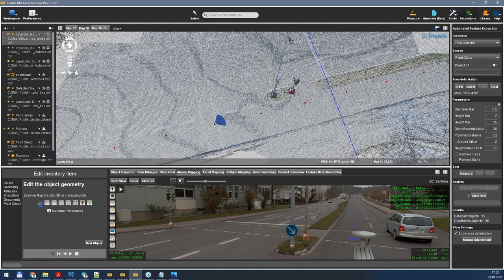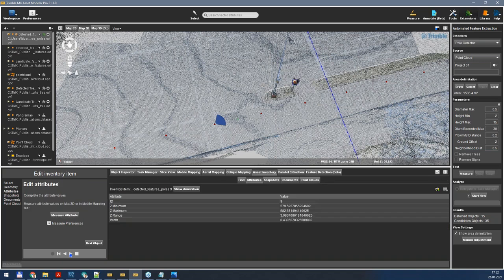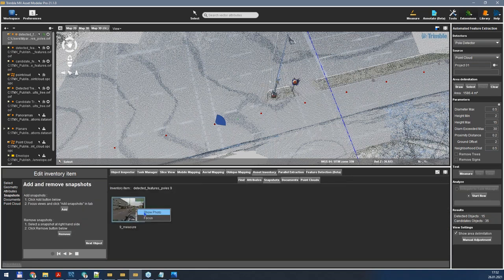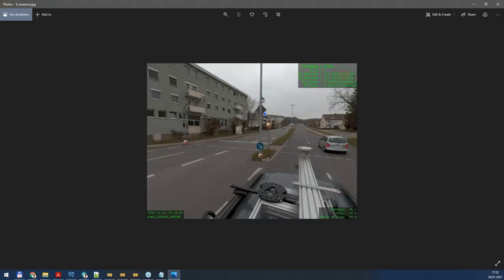So here you could basically do any addition of the geometry, but take into account that the formulas given in this theme are coming for feature extraction, feature detection. So that one won't be updated. So please keep in mind that. In case I'm happy with the addition, I can see that I can edit the attributes, of course. I can add the snapshot, and as you see now here, we can also overlay the information from the attribute table as additional information